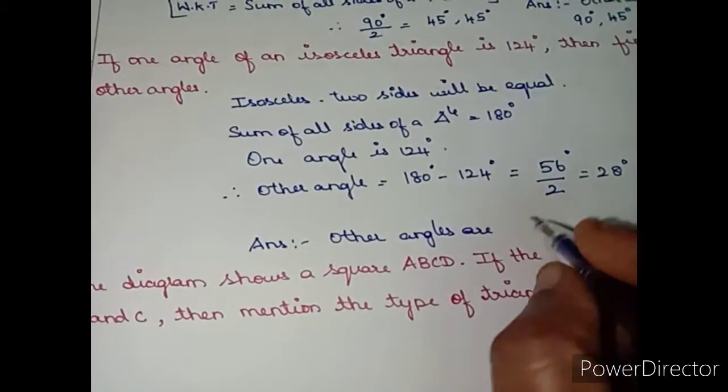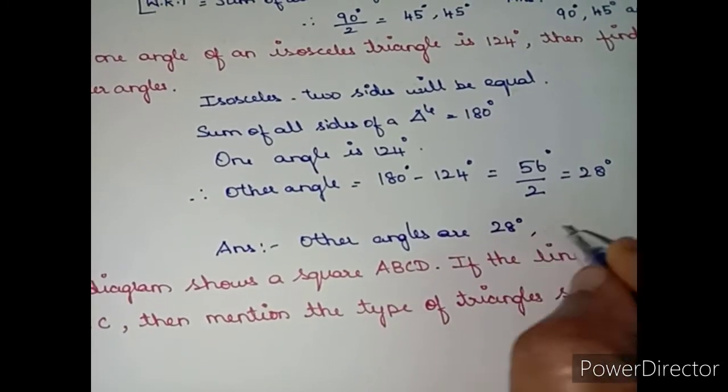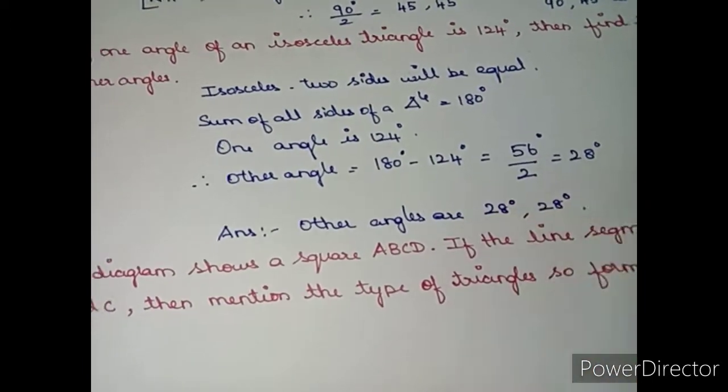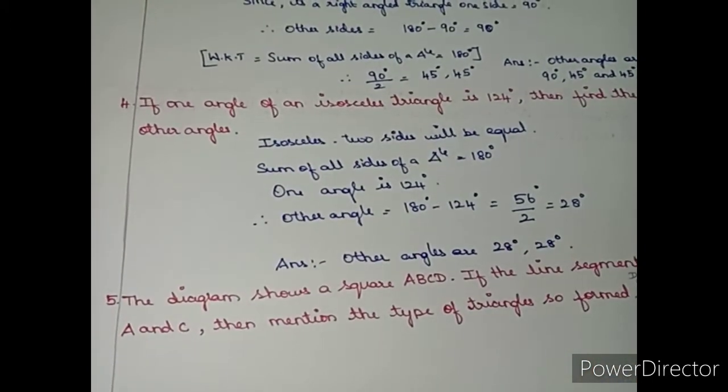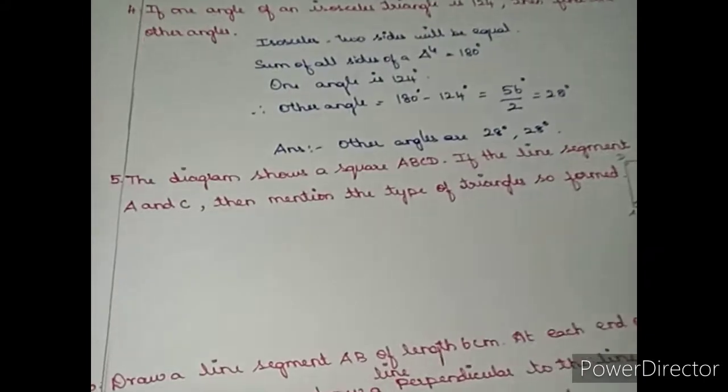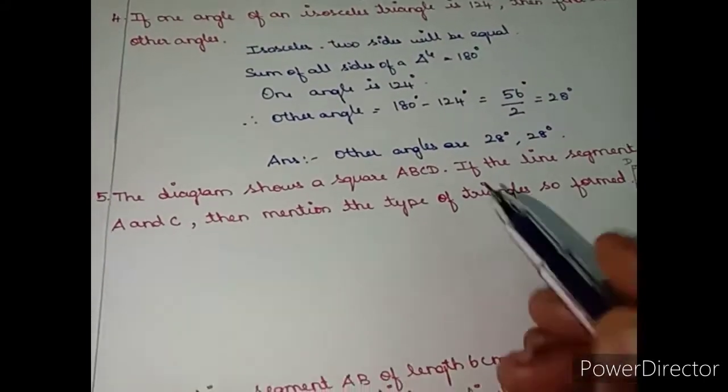Angles are 28 degree and 28 degree. Okay. So, next question. The diagram shows a square